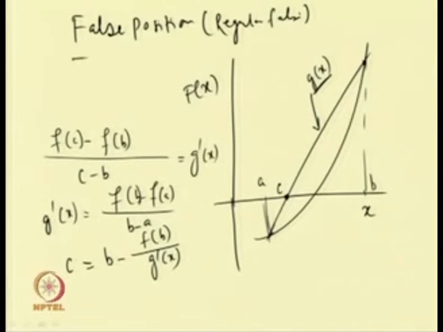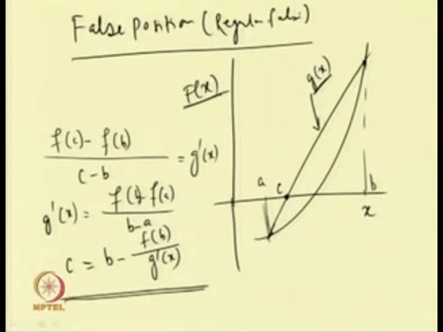So, in case of this regular falsi or false position method, we are initially taking 2 points A and B, for which we are getting this f(x) value positive and negative. The next point we can find by using this equation, that is C equal to b minus f(b) by g'(x), where this g', that is the slope, we can obtain by using this formula, that is f(b) minus f(a) by b minus a. So, we will continue this iteration till we get this b minus a very small, that is less than epsilon,